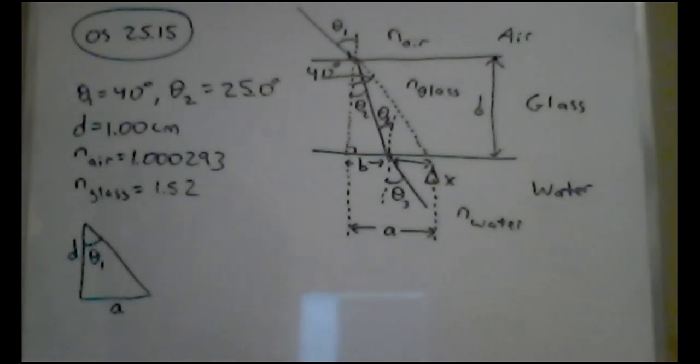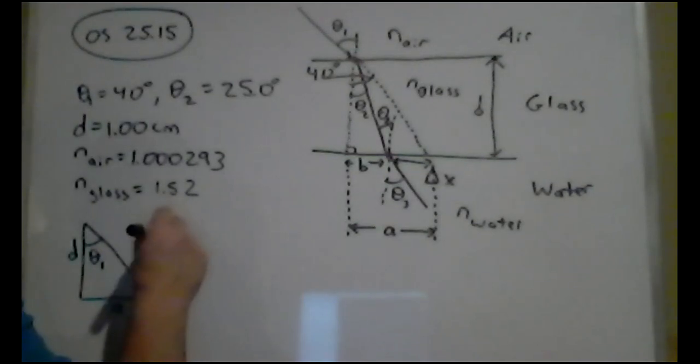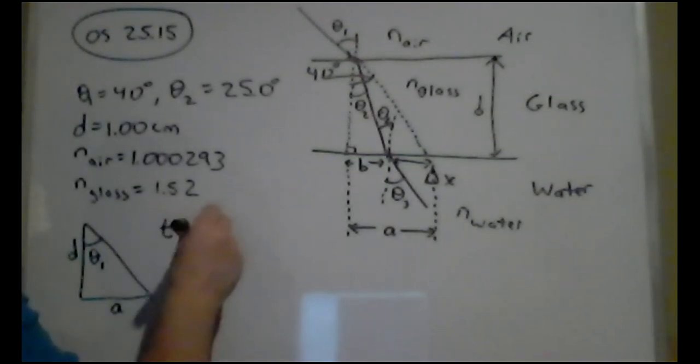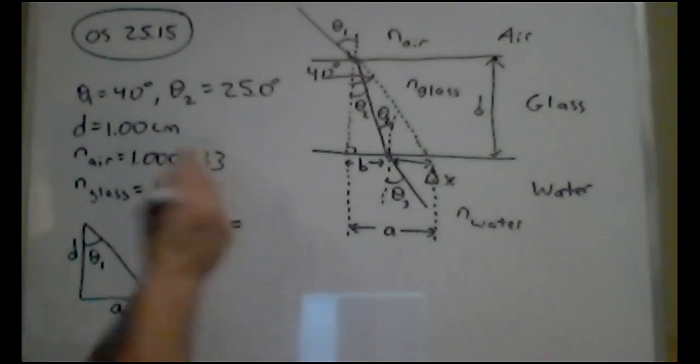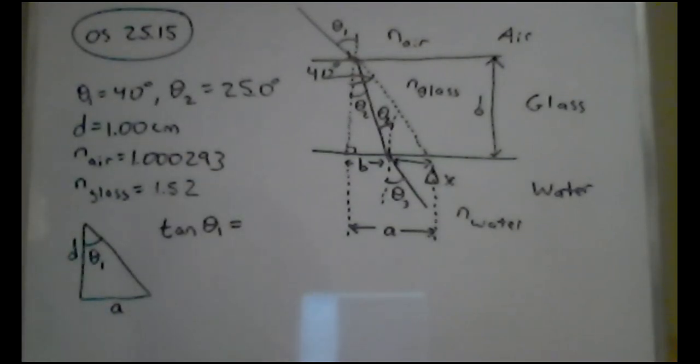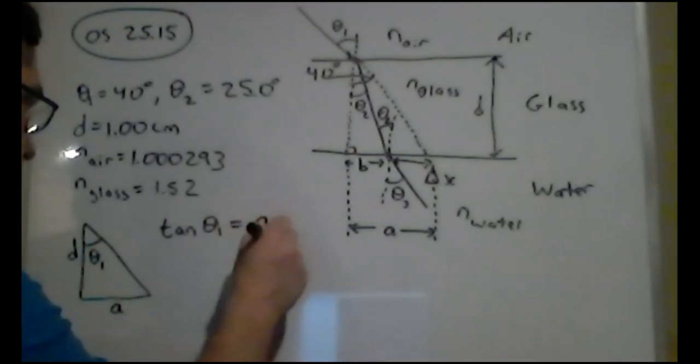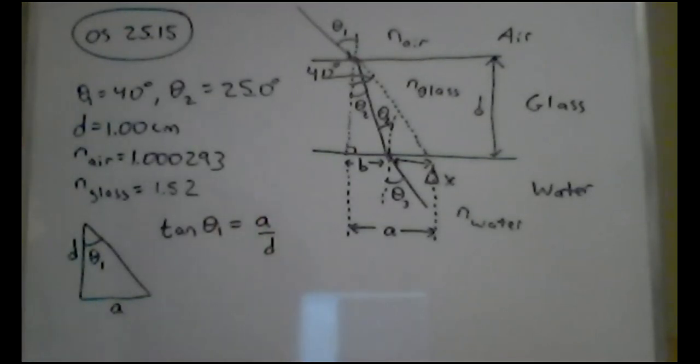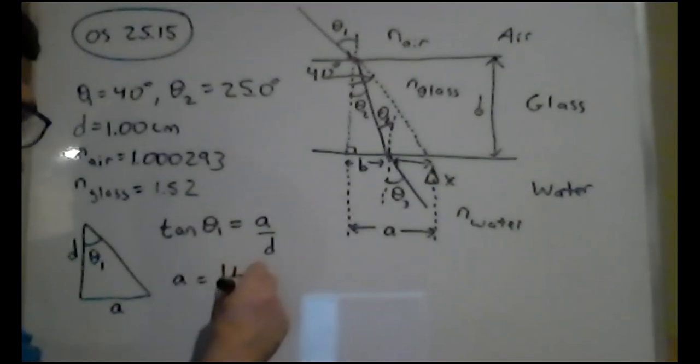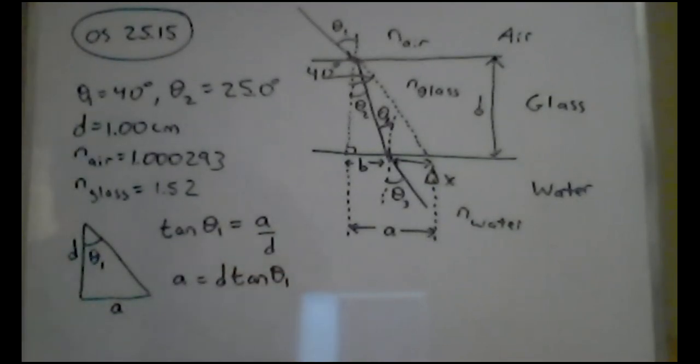Okay, so the tangent of theta 1 is going to be what? It's going to be A divided by D. So that means I can solve for A. A is D tangent theta 1,